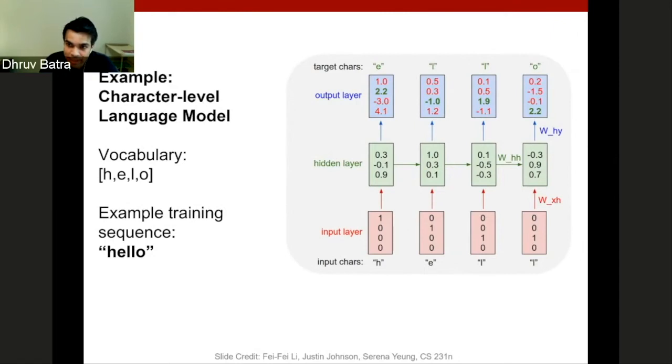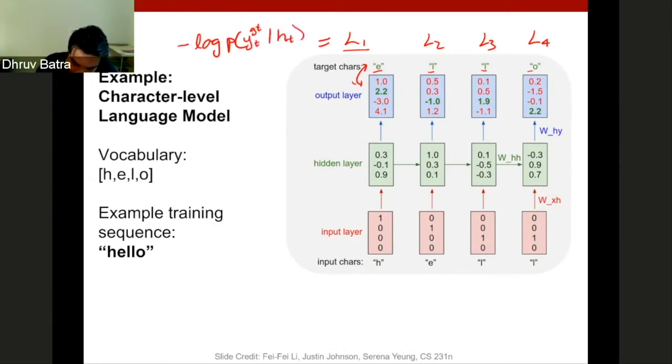Let's now quickly see that we're going to train this with cross entropy. We're going to have a target character here, a target character here. These targets and these score layers are going to define L sub 1, L sub 2, L sub 3, L sub 4. Each one of these L sub i's is the negative log probability of y gt at time t given ht,